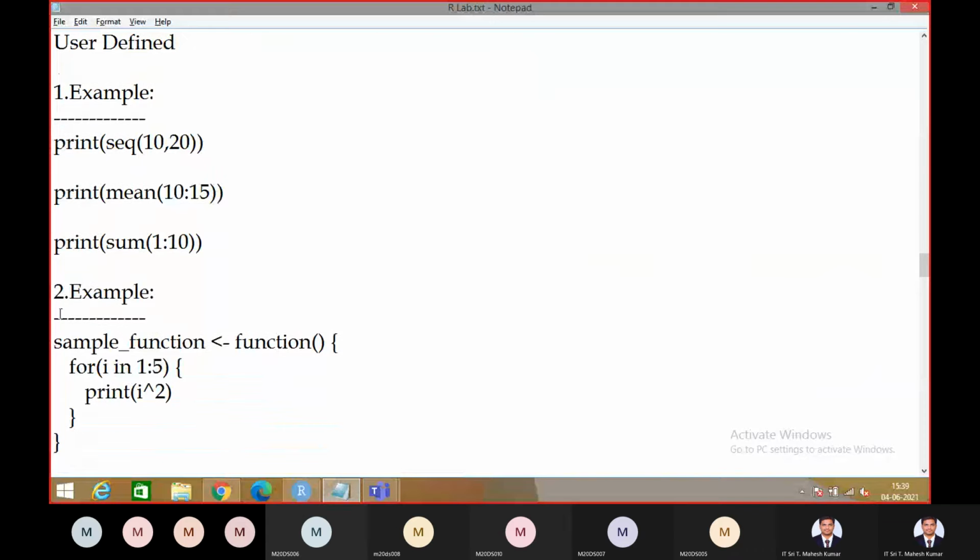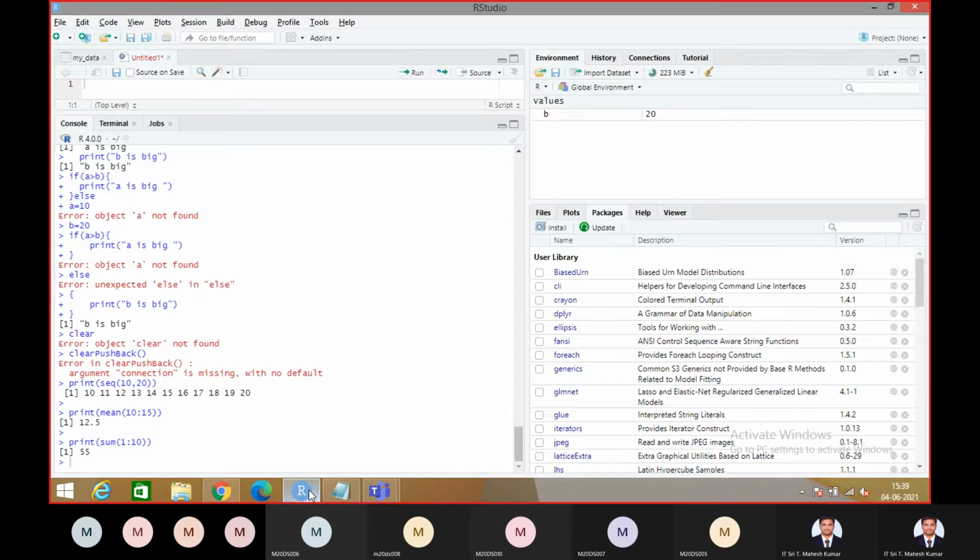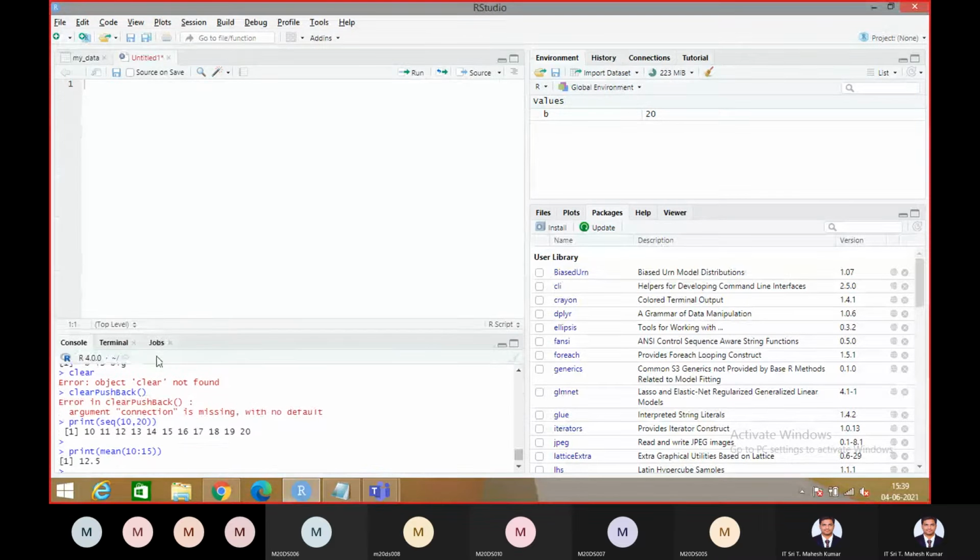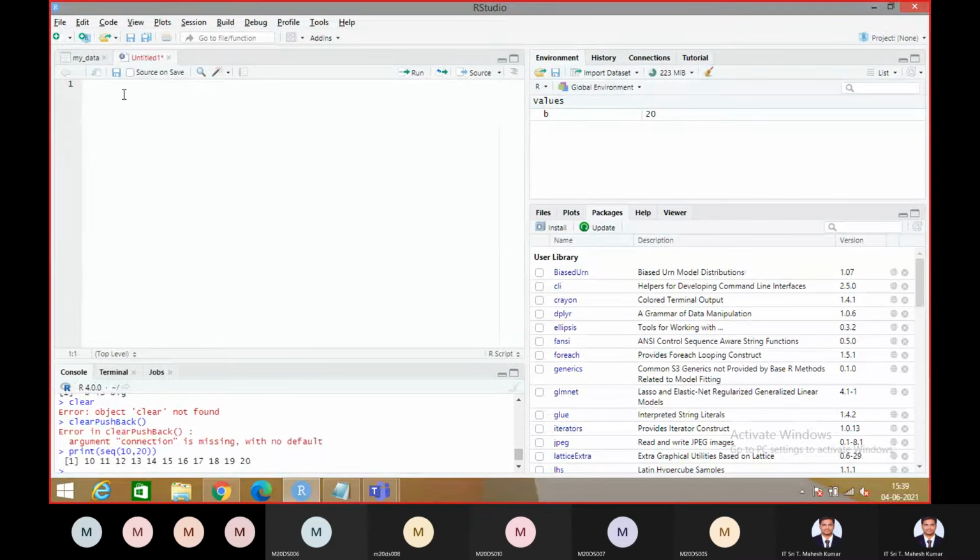And this is the sample function. Okay, so we'll write some output here. The function name, I'll take as my underscore function. So this is the name of the function. By using the function keyword, right?